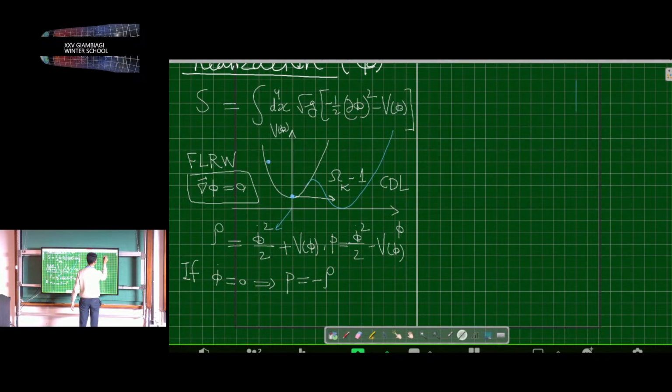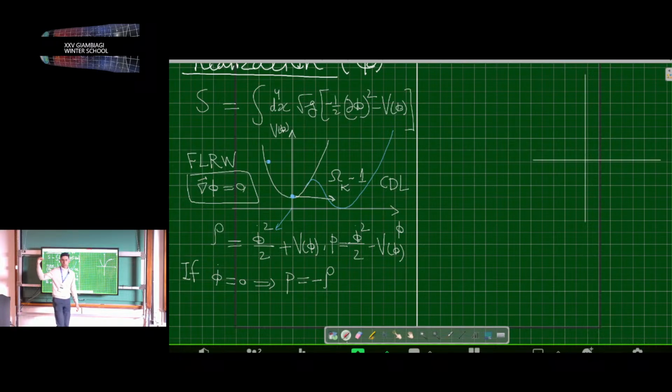That will work is to have what is called a slow roll solution. So if you consider the potential that is not exactly flat, or the field is not exactly trapped in a minimum, but it is approximately flat. So say imagine you have a potential that looks like this, and our scalar field is here. So now it is slowly rolling down the potential.